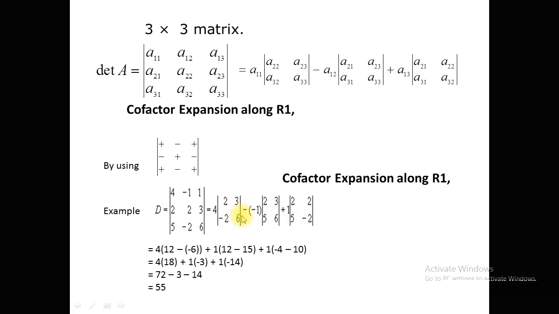Now find the determinant of this minor matrix. So multiply 2 and 6, we get 12, and multiply these two entries, we get 6, and then subtract 6 from 12 and multiply by 4. Now minus and minus is plus 1 and find the determinant. 2 times 6 is 12, 3 times 5 is 15, and again +1 into 2 times -2 is -4, and -2 times 5 is -10. Now after simplification we get the determinant